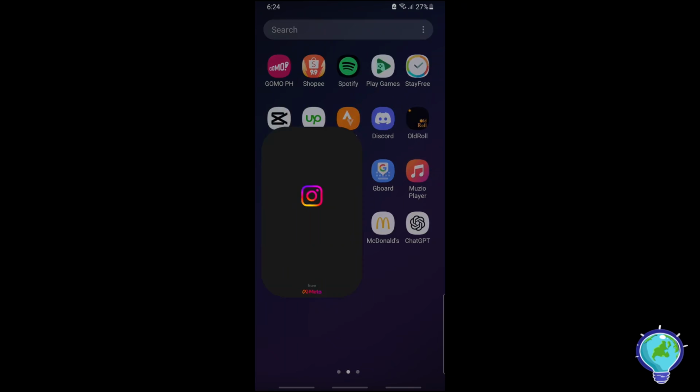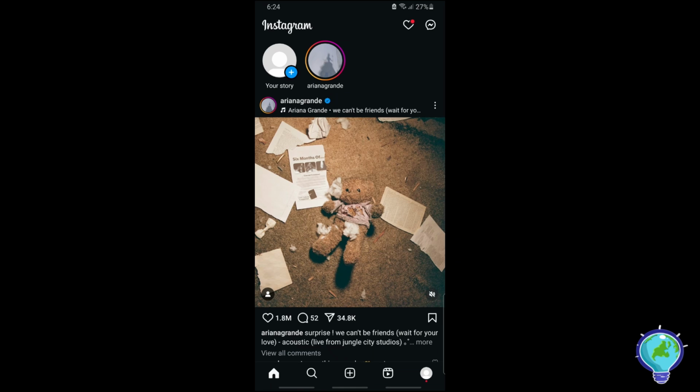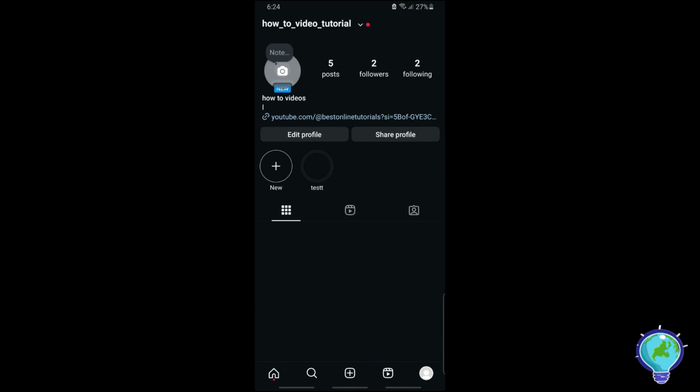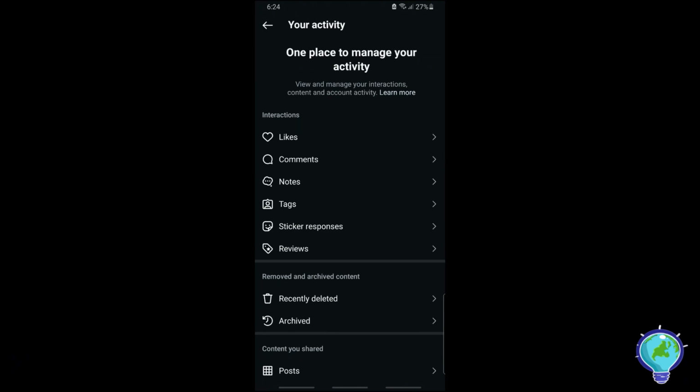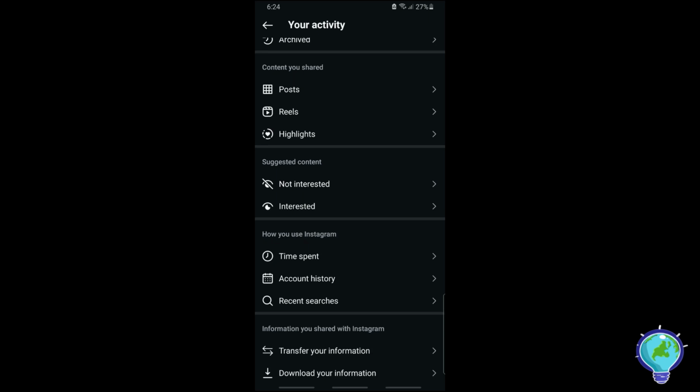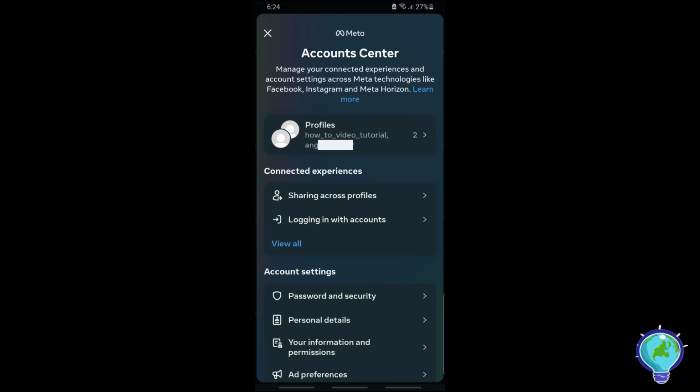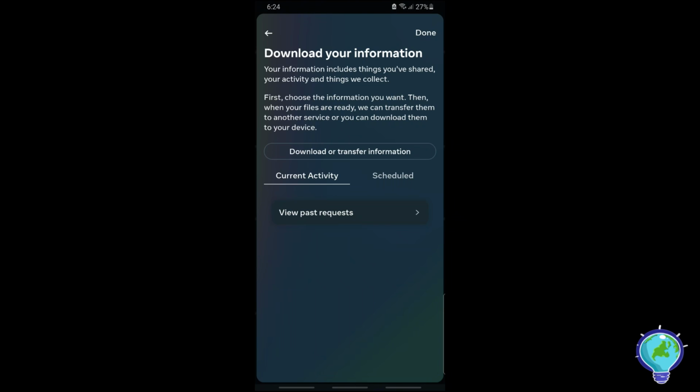So first thing that you will do is open up the Instagram app and simply go to your profile on the bottom right corner of the screen, and from here just tap on the three lines on the top right, and after that just simply go to your activity over here, and now just simply scroll down to the bottom and tap on download your information, and from here just go ahead and tap on download or transfer